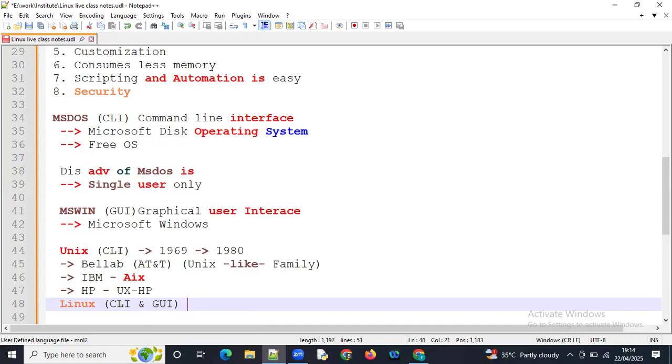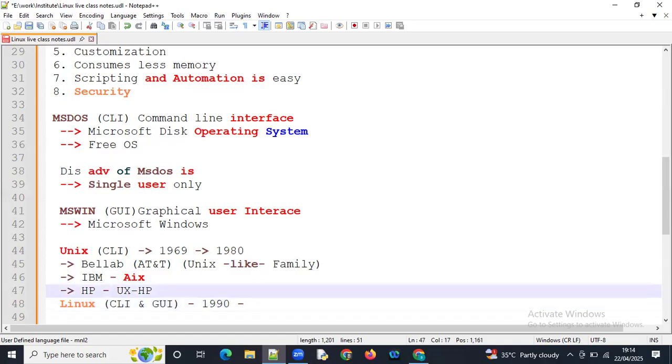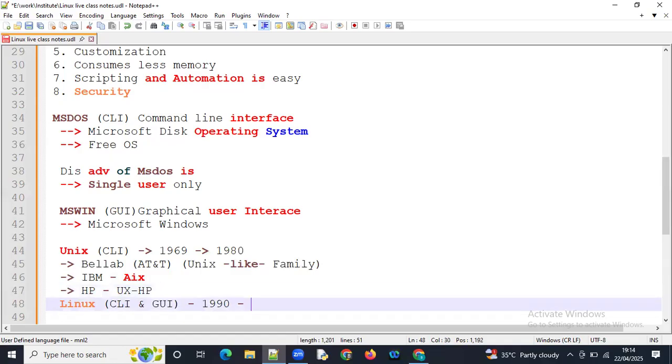First of all, it was introduced in the year 1990 and available to public from 1991. The name of that OS is Linux only, and this Linux has both CLI and GUI, and it is an open source.